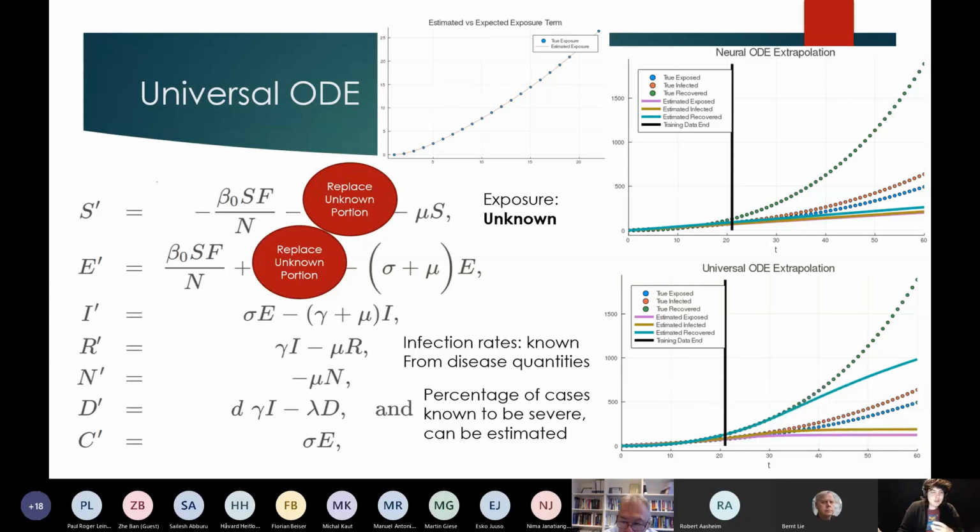So it has this behavior where we train it from 0 to 21 days, and up till about day 40, it's actually giving you a pretty good estimation because it has bits of that mechanistic model. It has a lot of that scientific knowledge, but it is truly learning what that background exposure term is. But it's not getting everything correct yet, so we need one last piece in there. What is that piece? Well,